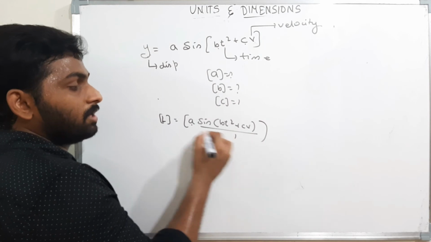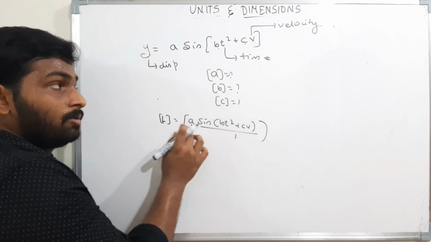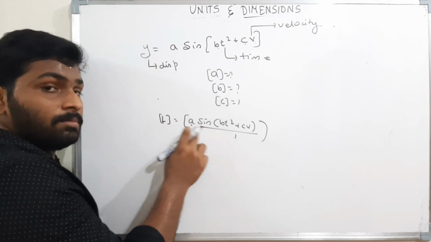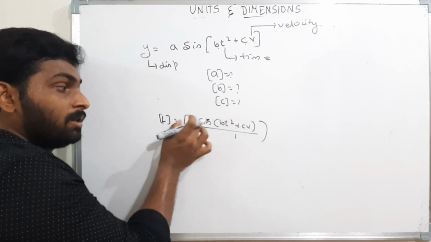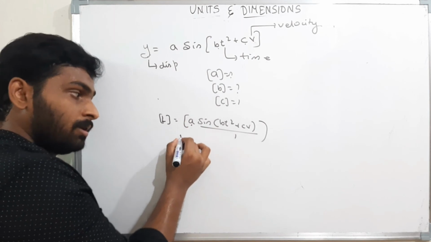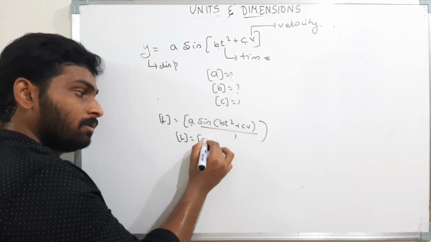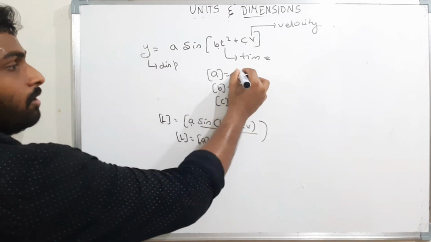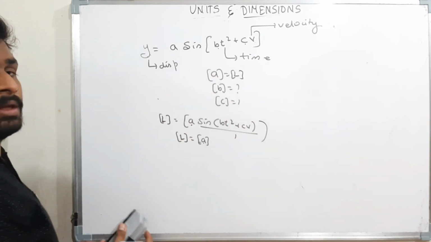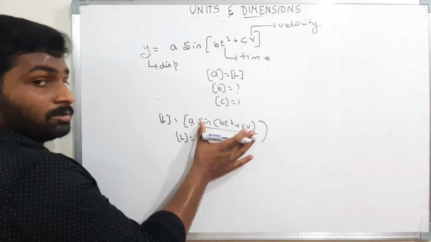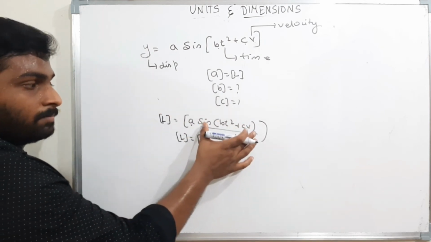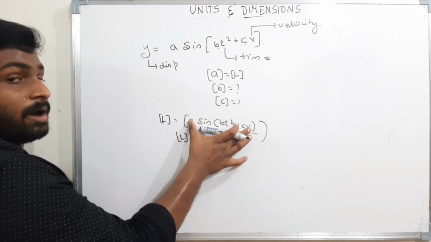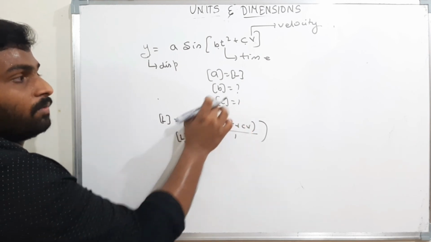Therefore, what is the meaning? What is the dimension formula for a? To be a correct equation, the dimension must be the same. If sine is 1 and the left side is L, then a must be equal to L. Therefore, the dimension formula for a is nothing but L. Because sine is a constant, its dimension formula is 1. To satisfy this L, a must be L. Then only the RHS will be L. Therefore, the dimension formula for a is L.